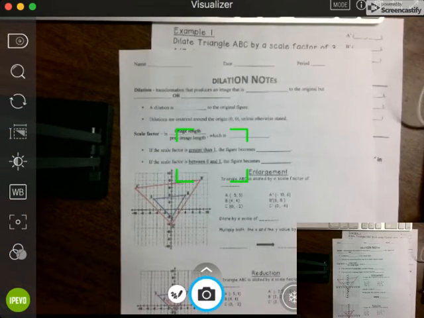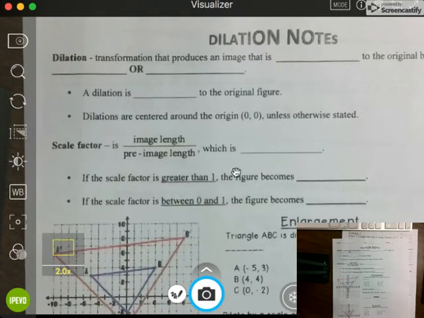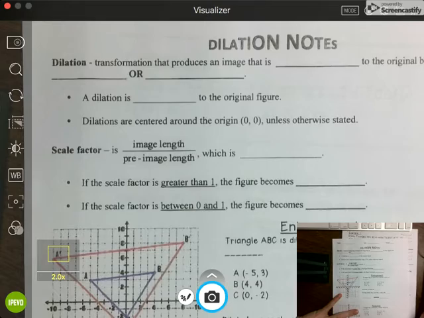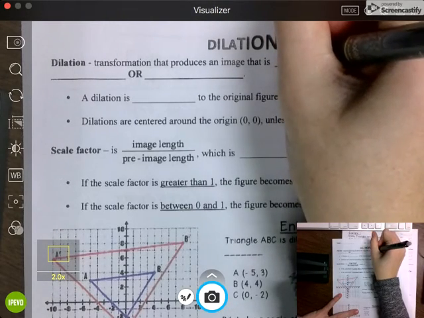We are going to look at the last transformation. I know some of you are going to be bummed because you really like it, but some of it will also be good. So, a dilation is a transformation that produces an image that is similar